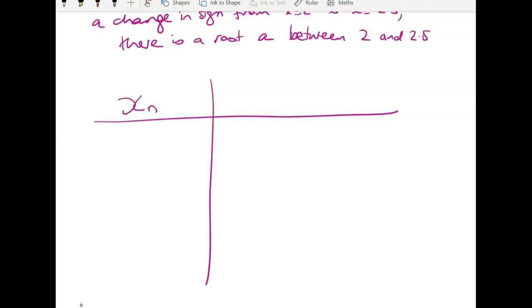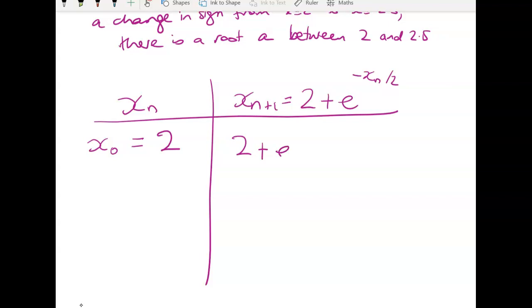So this is my starting value here, xn. We'll start with x0, and I can just pick a number. I'm either going to pick 2 or 2.5 or 2.25, but I'm kind of lazy, so I'll pick a nice easy number, which is 2. I'm picking 2 because it's somewhere close to where my root will be. So xn plus 1 is equal to 2 plus e to the negative xn over 2. Substituting that in, we get 2 plus e to the negative 2 over 2, and that gives me